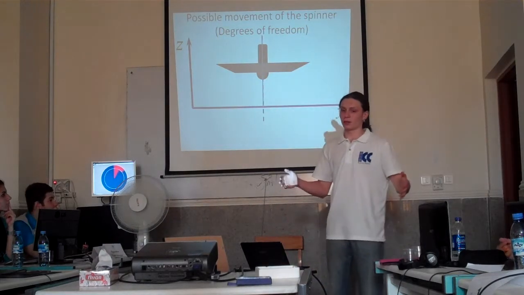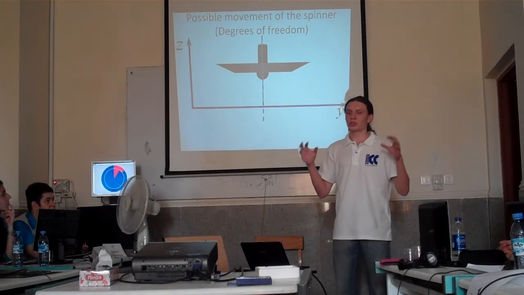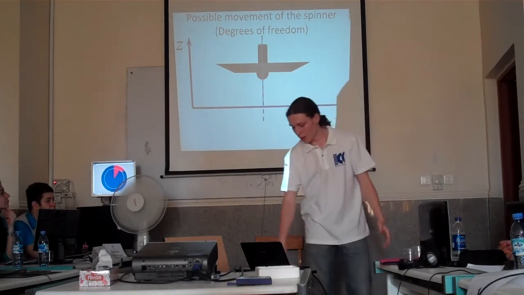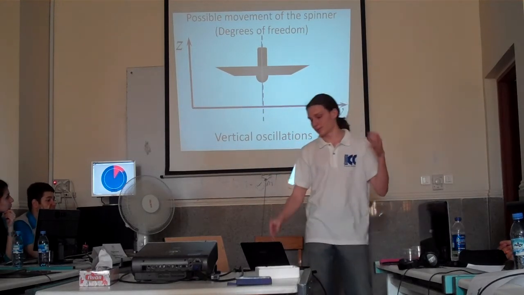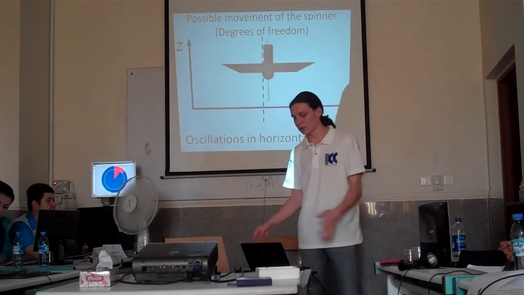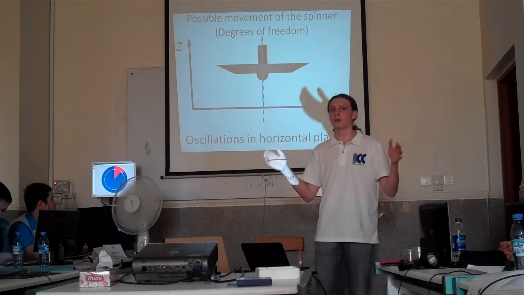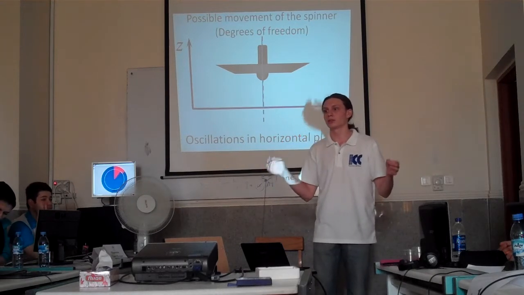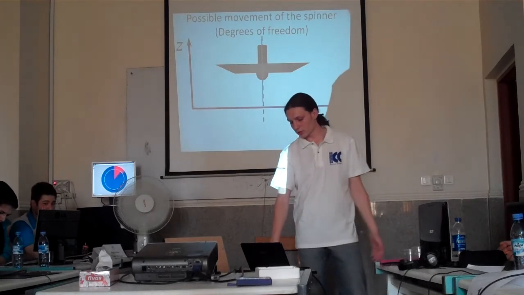Well, for a stable position, we need our object to be stable in all degrees of freedom. We have vertical oscillations, so it should be stable vertically. Also, we have horizontal oscillations. Oscillations in the horizontal plane we can calculate as 1 degree of freedom because it has vertical symmetry against the vertical axis. And also we have